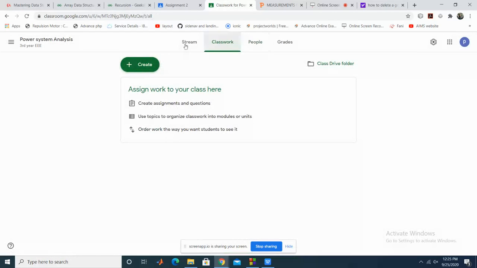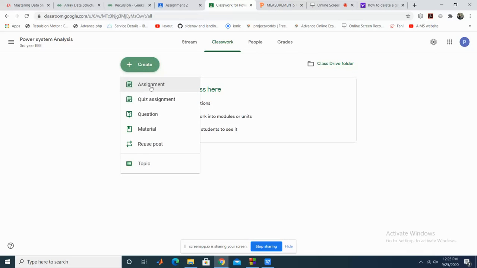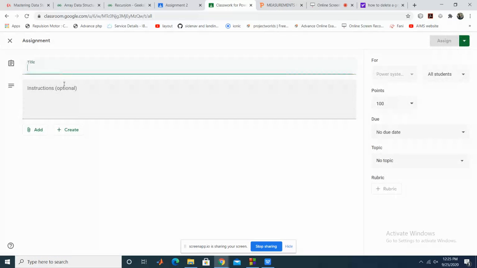And for classwork, you can click on this create, then assignment. Here you can post the title of the assignment and give the instructions, like how to do it or something, if you want to add anything. And then by clicking here on the add option,